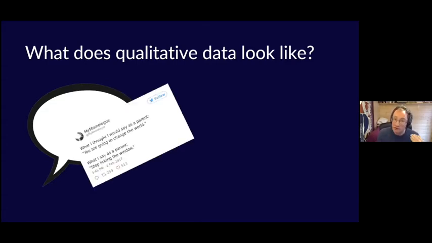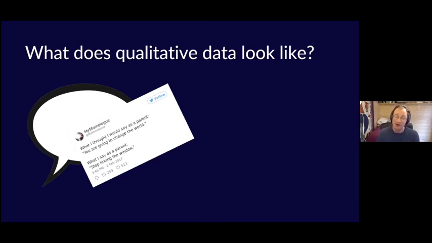Now, there are different types of speech, and one of those, for example, might be social media. And social media is a form of speech, but it's also a source of qualitative data. So what people are talking about on social media, that's a form of qualitative data. And the exact wording that they use is a form of qualitative data. And it can be very interesting to analyze something, for example, people talking about face masks on social media, and see what reasons people are giving for adhering or not adhering to those regulations. So all kinds of social media could be